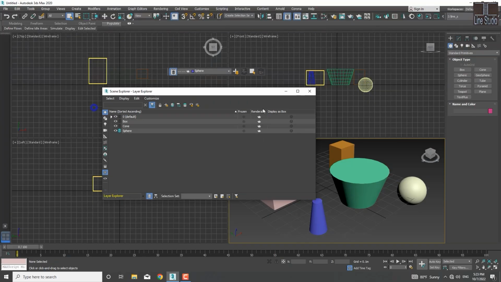The renderable option helps you decide whether this layer should be rendered or not. It's currently on, meaning layers will render. And if you click it, it turns off, and that layer won't appear in the render. Or you could have